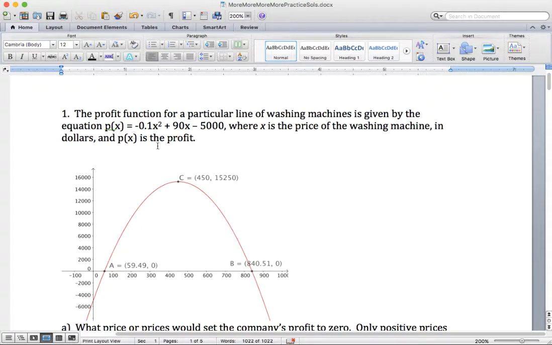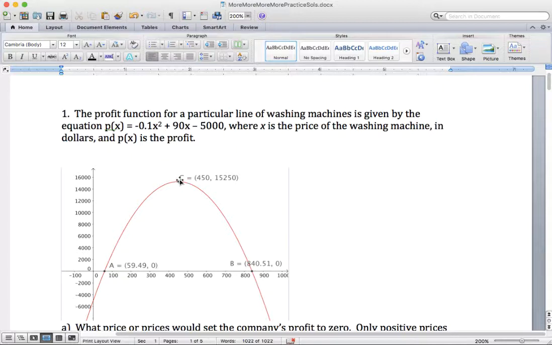In our first problem, we were given a profit function for the manufacturer of a particular line of washing machines, and it's a quadratic, negative 0.1x squared plus 90x minus 5,000, where x along this axis represents the price of the washing machine in dollars, p of x is the profit. So what you can see is that when the price is set too low, the profit actually goes a little bit negative, finally gets to zero, and then the profit keeps increasing as we go toward point C, where we